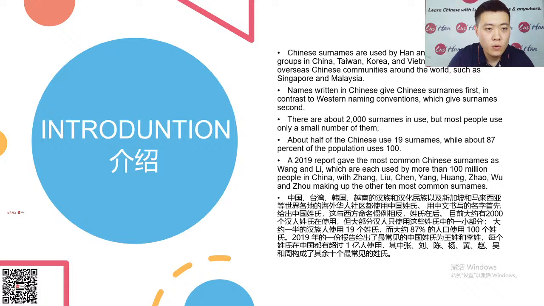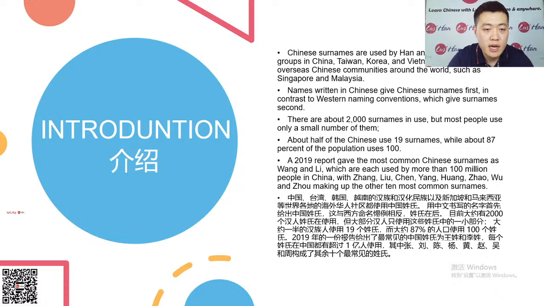When writing names in Chinese, we put the surname first, which is totally different from Western name conventions. There are about 2,000 surnames in use, but most people use only a small number of them. About half of the Chinese population use 19 surnames, and about 87%